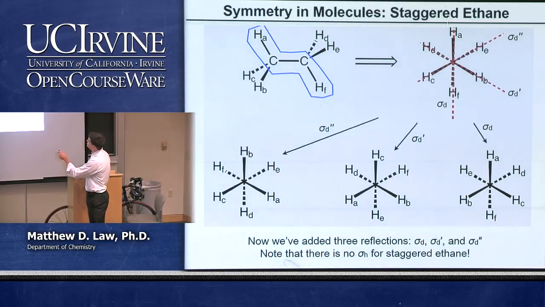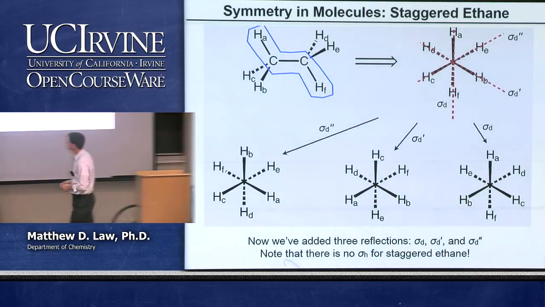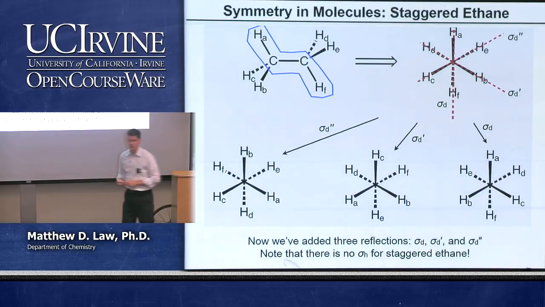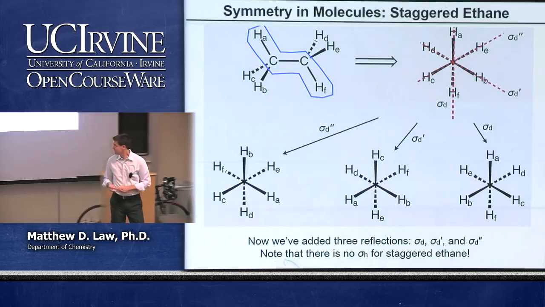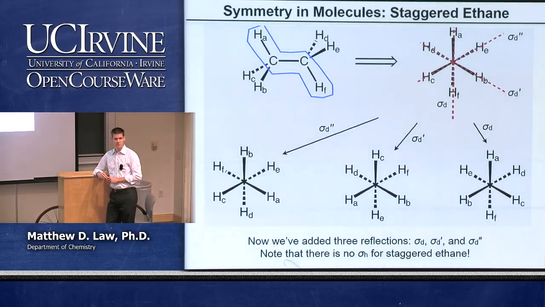In addition to this mirror plane, there are mirror planes in that plane and also in this plane. Right? The other planes that contain the carbon atoms and 2 of the other hydrogen atoms. And if we perform the mirror operation, you can see that you get equivalent configurations. Okay? So we've added to our 6 proper rotations 3 more symmetry operations that correspond to the mirror reflections.